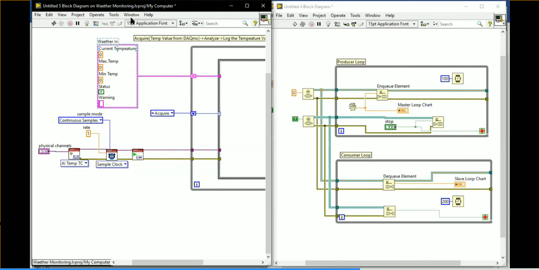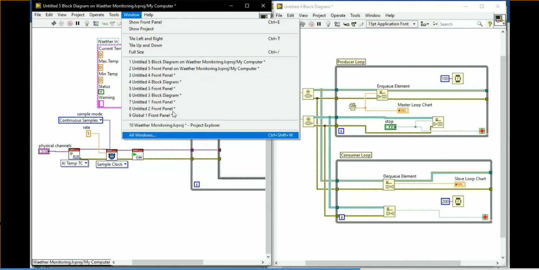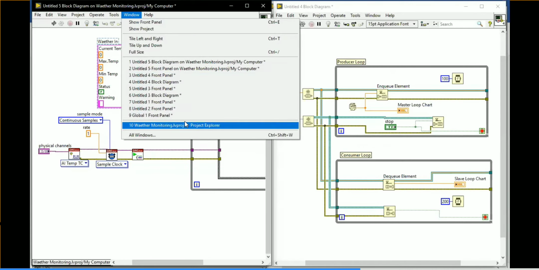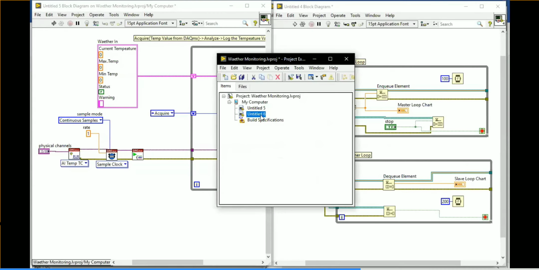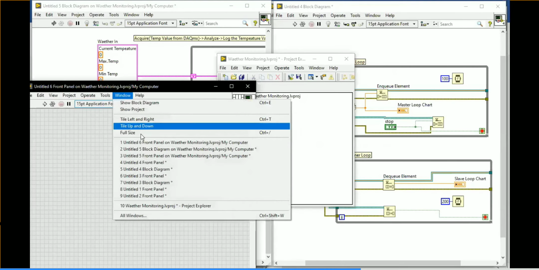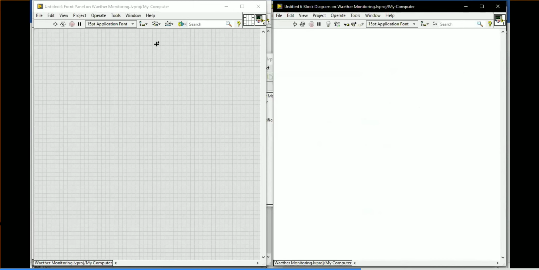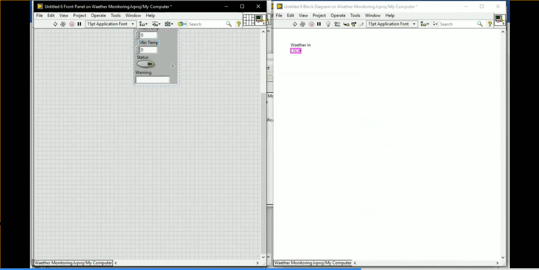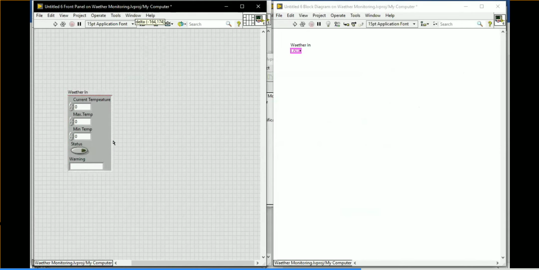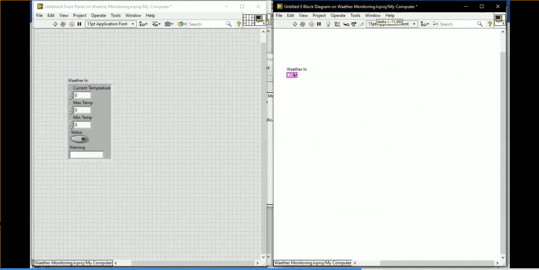So go to the VI which we created. So where is the VI? This is the VI. Okay. So in this place, I am going to paste my control on the front panel. Okay. Paste it on the front panel. We have a weather in will be available. Okay. Weather in will be available over there.